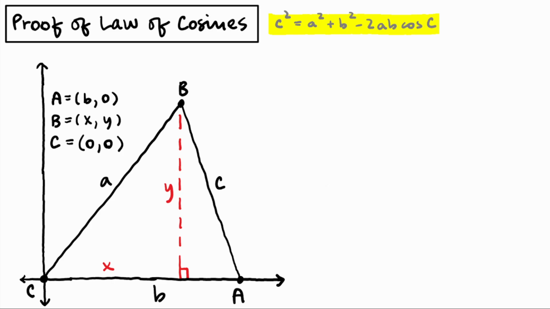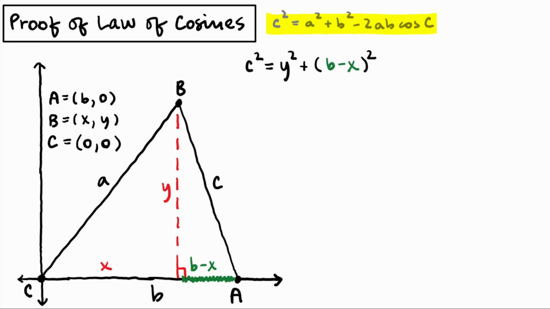Alright, so I think what I'm going to start off with is this triangle on the right, the one that's got sides c and y and this thing down here. This green length right here, I'm going to say that it has length b minus x, because b is the whole distance from the origin to a, and x is just that shorter distance. So if I'm doing the Pythagorean theorem and trying to figure out what c squared equals,